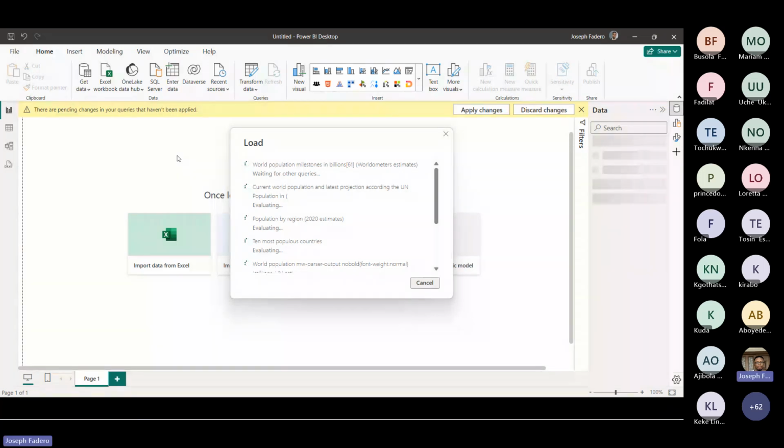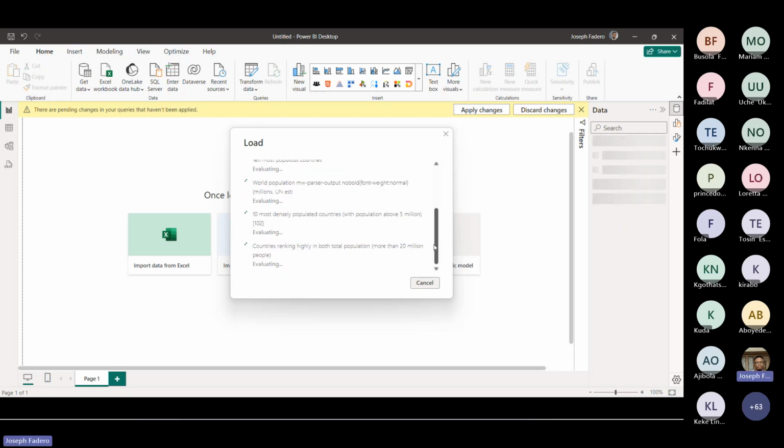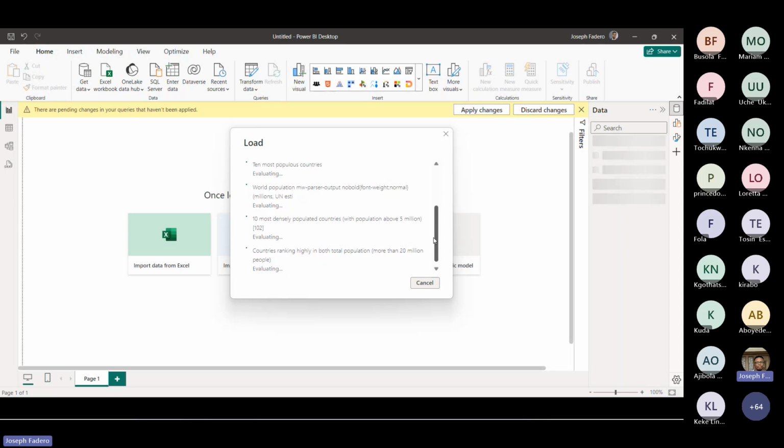So the data will load, it just takes some time. And the moment it's done loading, it's also good to know that when you're connecting to a website, you have to be online as well.